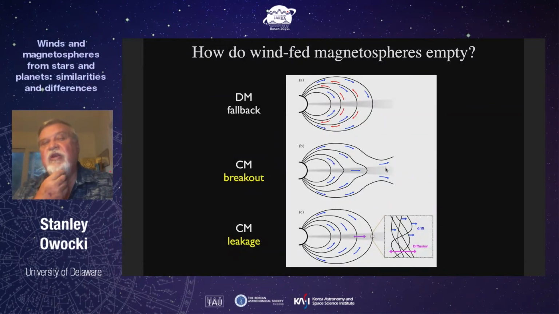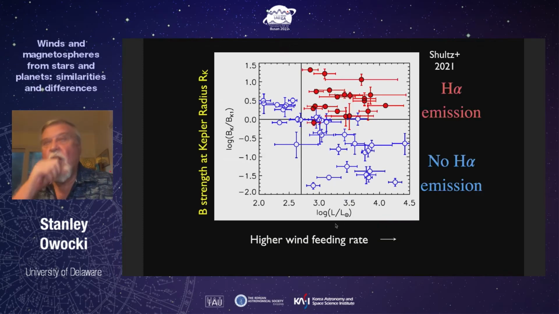But now the question is what determines the density of this centrifugal magnetosphere? Is it just that it builds up to the point where the magnetic field is overwhelmed by the gas, centrifugally being driven outward, centrifugal breakout? Or is there some sort of unideal leakage of material as it diffuses outward? Well, in the recent work by Matt Schultz, we examined under what conditions